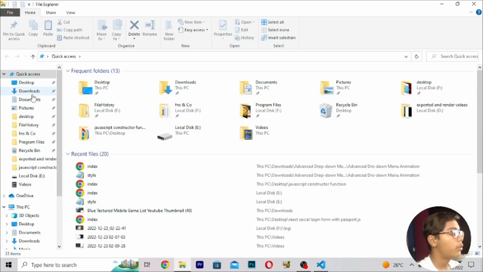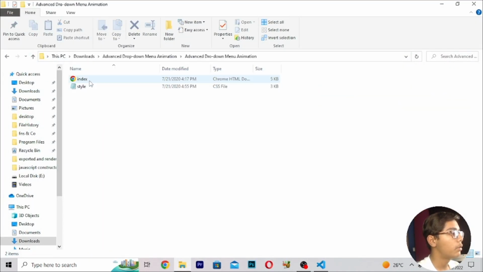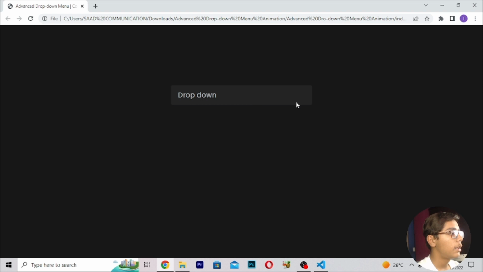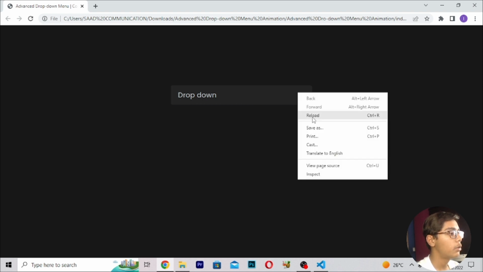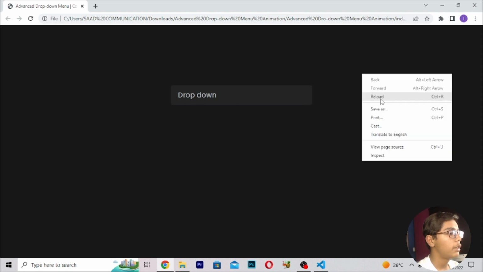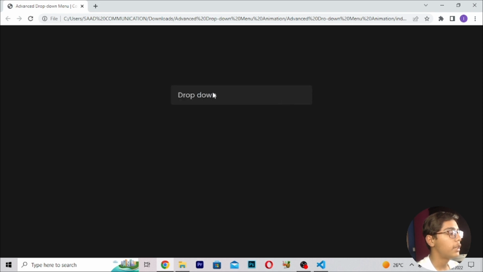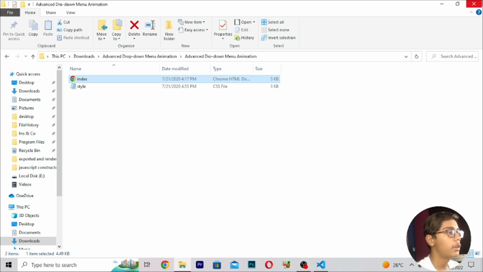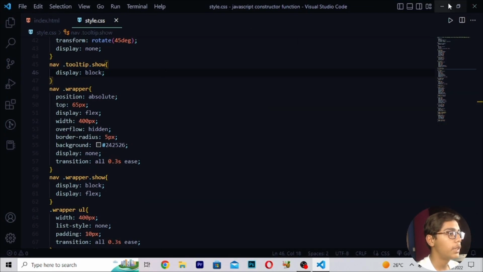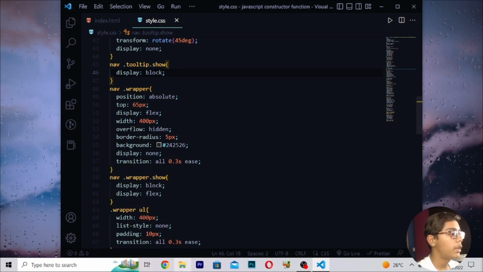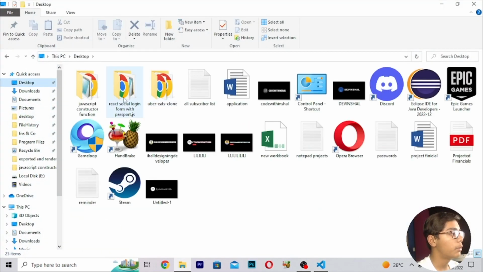So here I will be moving, then I will be moving in the folder, and here you can see we are just not getting all this stuff like we want. So here you have to reload to check if it is working like this. So you can see we are getting all this stuff, but it is not opening here. So I will now be moving here. We have just written all this stuff in the save. Then I will be doing one thing. I will be opening it in the default Google Chrome browser.